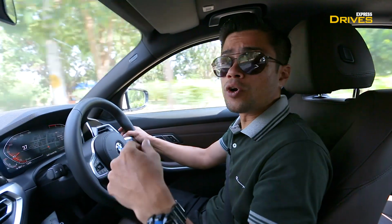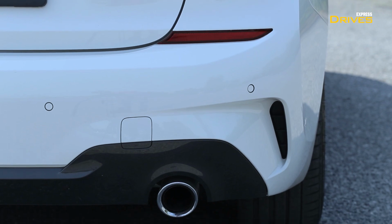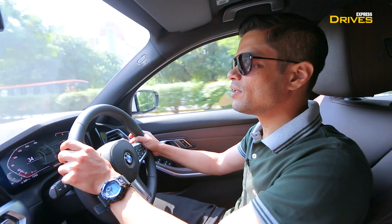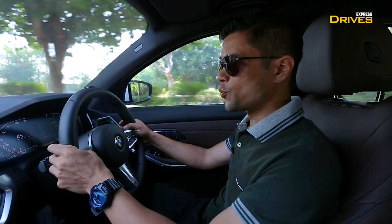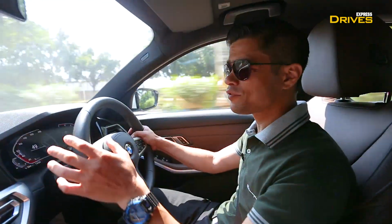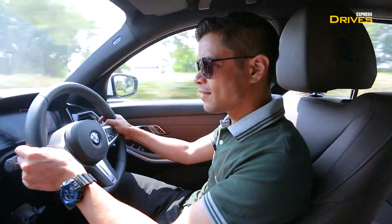So you can go into Sport Plus. What the Sport Plus mode does is it makes the exhaust a bit louder, and if you're lucky, occasionally you'll get a bit of a pop and crackle. And coming back to the sound that I talked about in the Sport Plus mode, let's experience it. And I don't know how much of it you will be able to hear, but